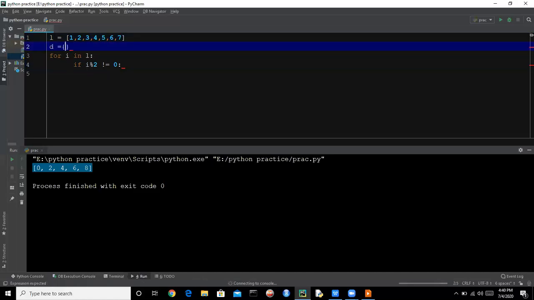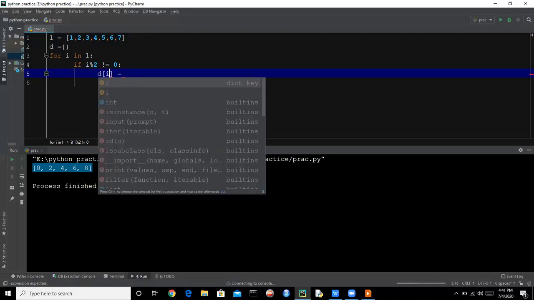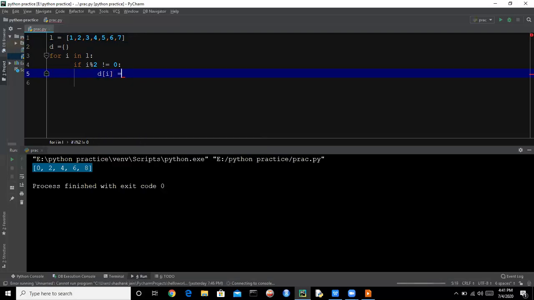D is equal to this, so we are creating an empty dictionary, and we will say D square brackets, and we'll pass the number is equal to. So we are saving i as our number, and i star star 3 as the cube. We want the cube, so we are using this code, because this code returns the cube of a number.